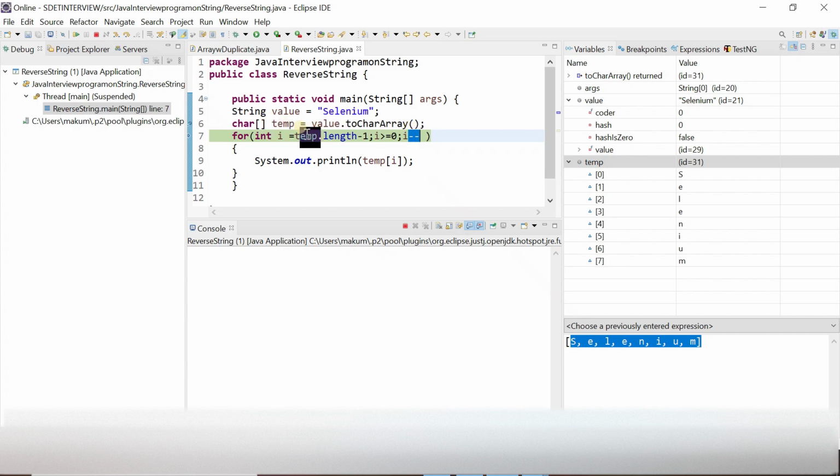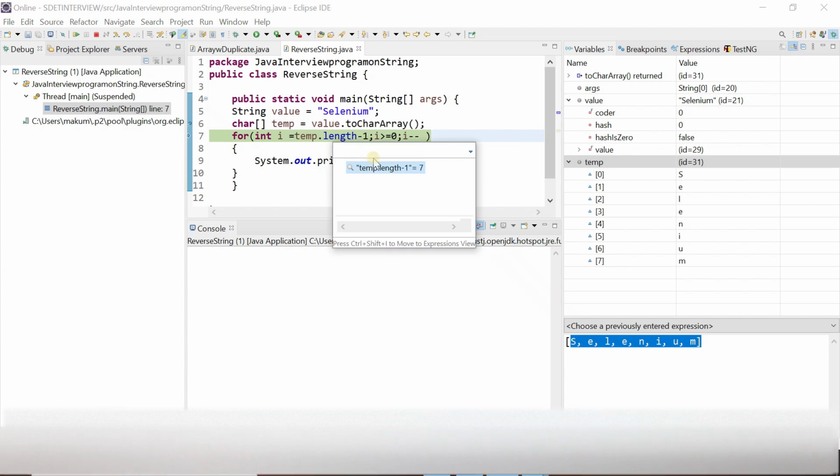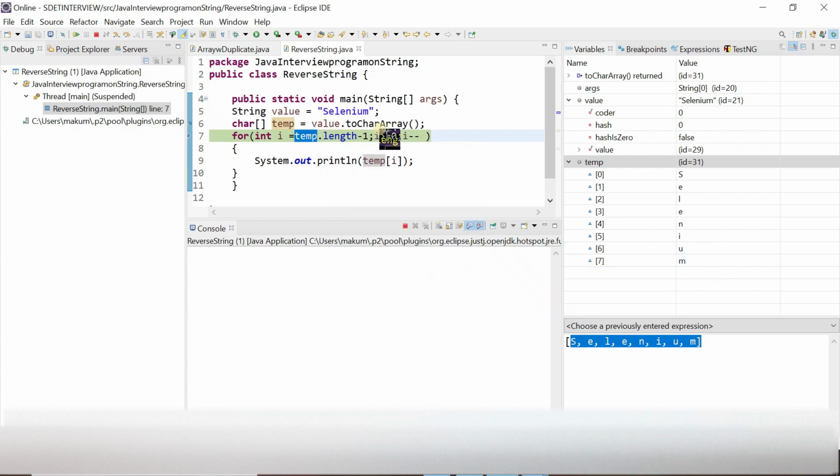Now first of all, if you check here, if I give you a value here, temp.length - 1 gives you 7. So 7 is the index now, the 7th index. Now since it is greater than 0,